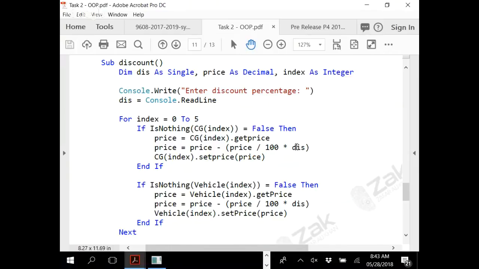1% multiplied with the number of percentage, and then I'll subtract it from the price to get the resulting price after the reduction, after the discount. And then I'll use the set price setter procedure for that particular index object to set it back. And then I'll be taking the vehicle as well. So I'm doing it with every vehicle and every